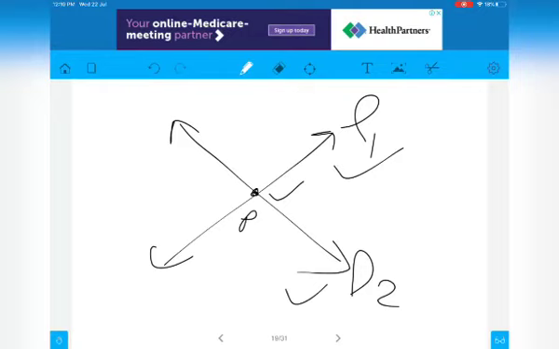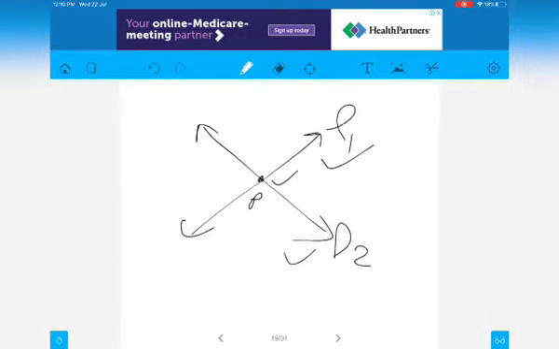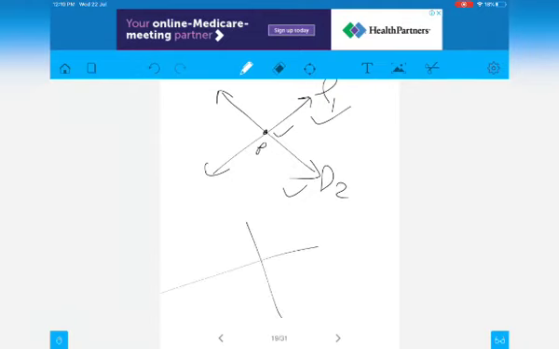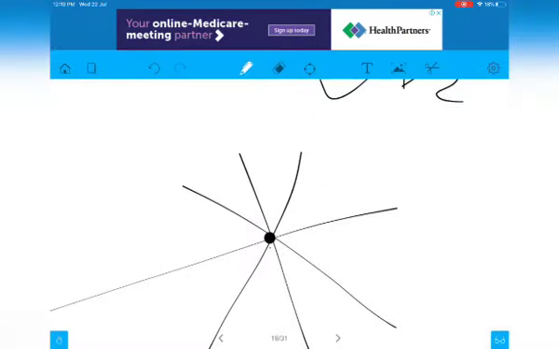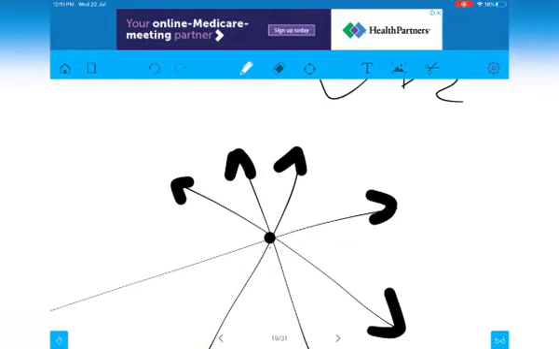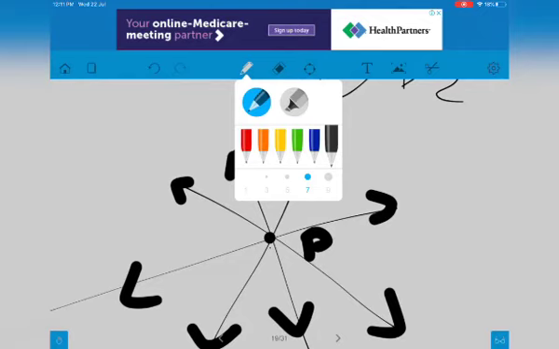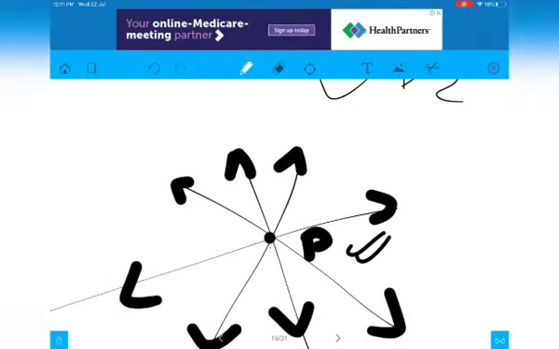There is no such property that only two lines can intersect. There can be more than two lines which can intersect each other. So there are no limitations on intersecting lines. There can be so many lines, 2, 3, 4 lines, which can intersect each other at a common point. That will be called an intersecting point. You will see over here a diagram of intersecting lines. So this point P shows that this is an intersecting point.